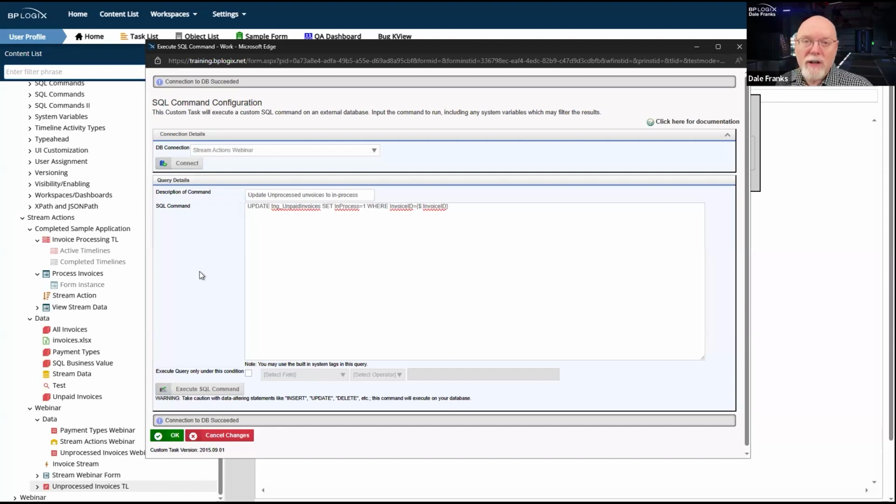Process Director is going to do what you tell it to do when it comes to passing SQL commands. Process Director will also not edit your SQL command. It will send whatever SQL command you place in there directly to the database, and it will run that SQL as is. That means that technically you could create a business value and use an insert or an update or a delete command in that business value. And Process Director will run it.